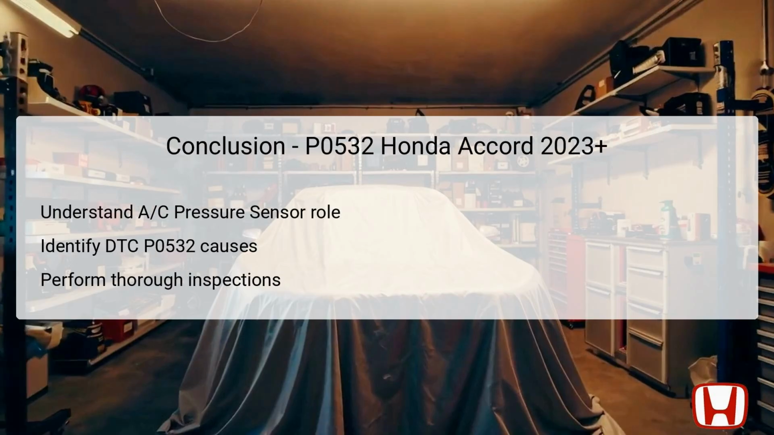In conclusion, understanding the role of the AC pressure sensor in the Honda Accord is paramount, as it is integral to the vehicle's air conditioning system functionality. DTC P0532 signifies a low voltage output, which can arise from several causes, including a faulty sensor, damaged wiring, or